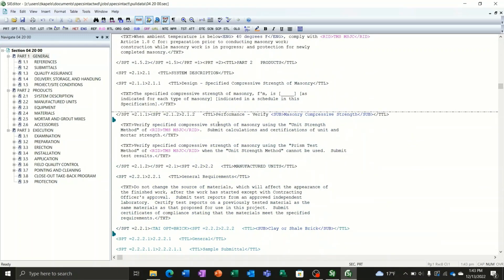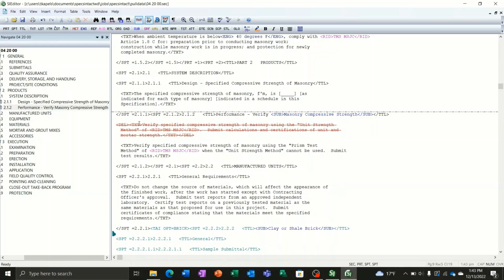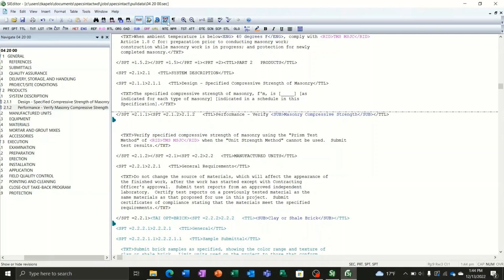Okay, so let's say we want to remove this text here. The tags are on. Here's the beginning of the text itself, and the end of it, between these two tags. We can highlight this all, and we can delete it. And now you can see, since I have this turned on, it struck through this and made it red. So now we know that this is not going to be here. If we flip this, that text disappears. We don't see it anymore.